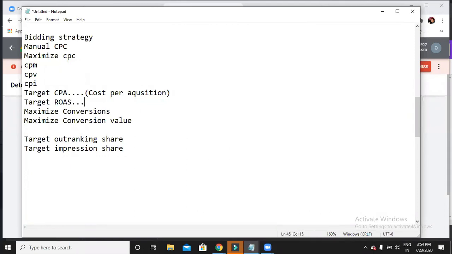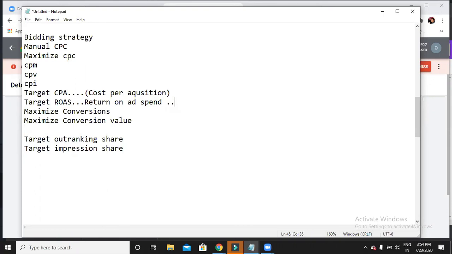The next thing is return on ad spend. That means you are telling how much return you want from your ad spend.